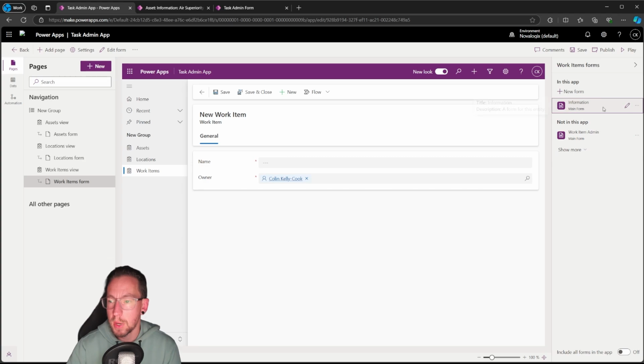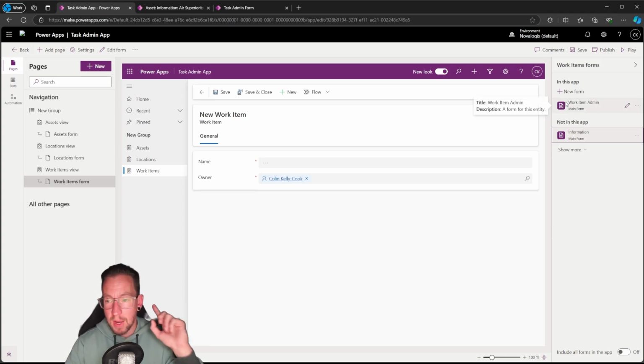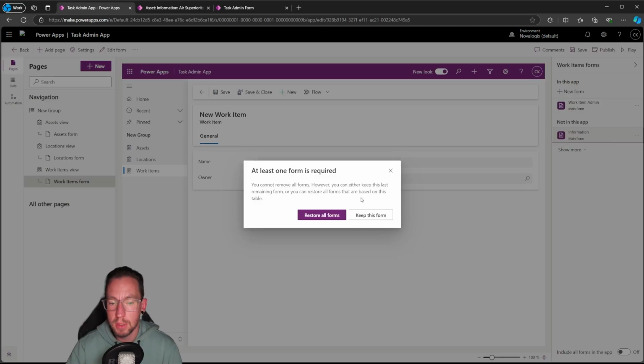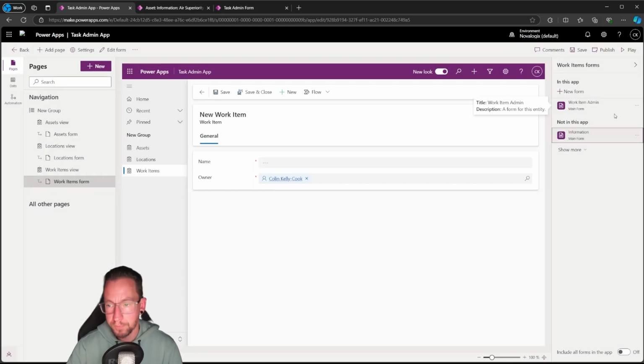See how this has left the information form in now. It's actually this form I want to keep and this form that I want to remove. So I've just switched that around. I've said work item admin is the form that you're going to use. You have to have one form in there at all times. If you notice, if I try and do this, it's going to say, no, you can't do that. You either have to restore them or keep this one. There always has to be one form in there at all times. Now, if we publish this,